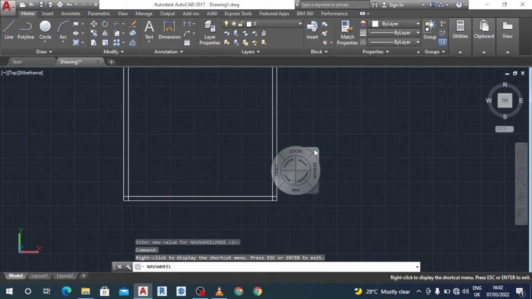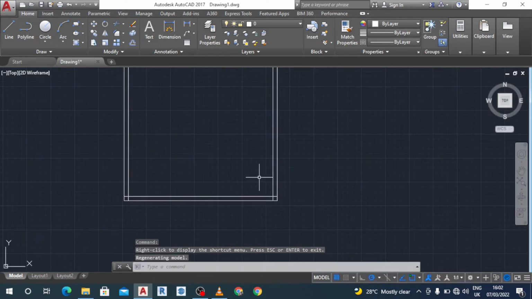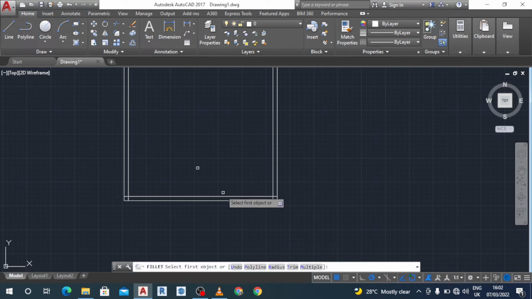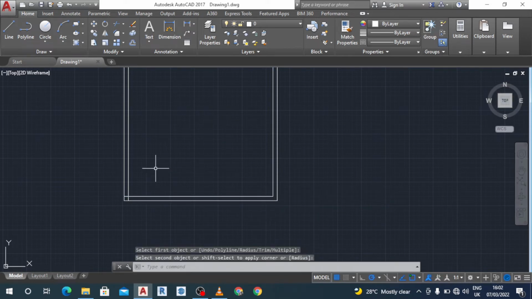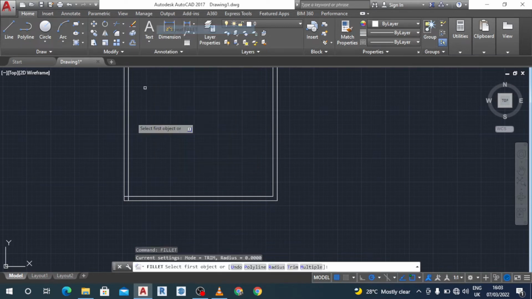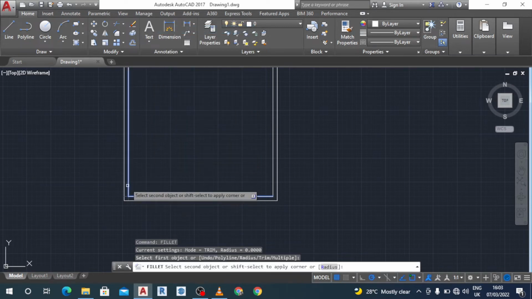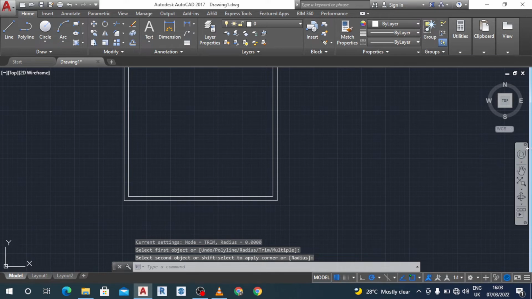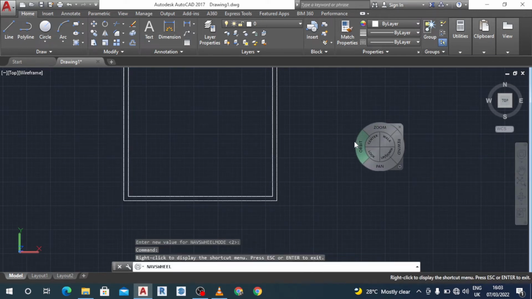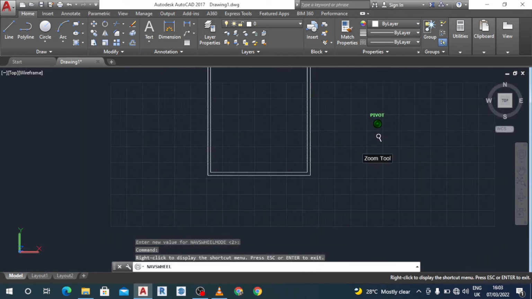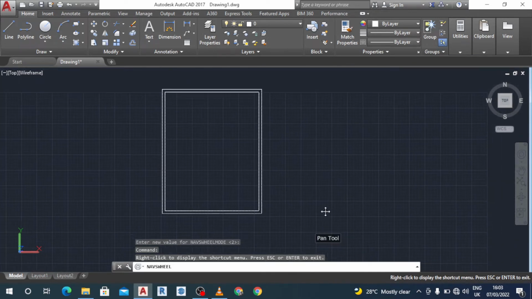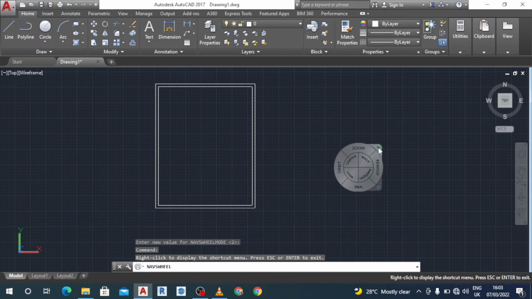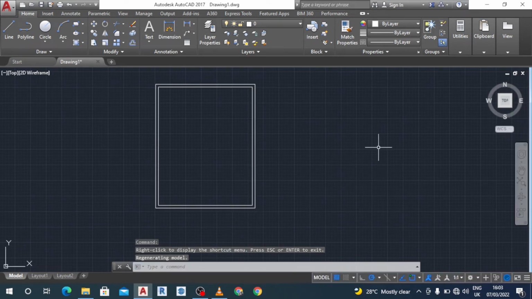Then the same thing is repeated for this. I click on my fillet again and click on this angle, and this angle. Then I repeat my fillet again, click on this angle, then this angle. So now we're good to go. We'll zoom out so we can have a full view. Pan is to drag it to exactly where we want it to be. So now we've taken offsets and we've taken